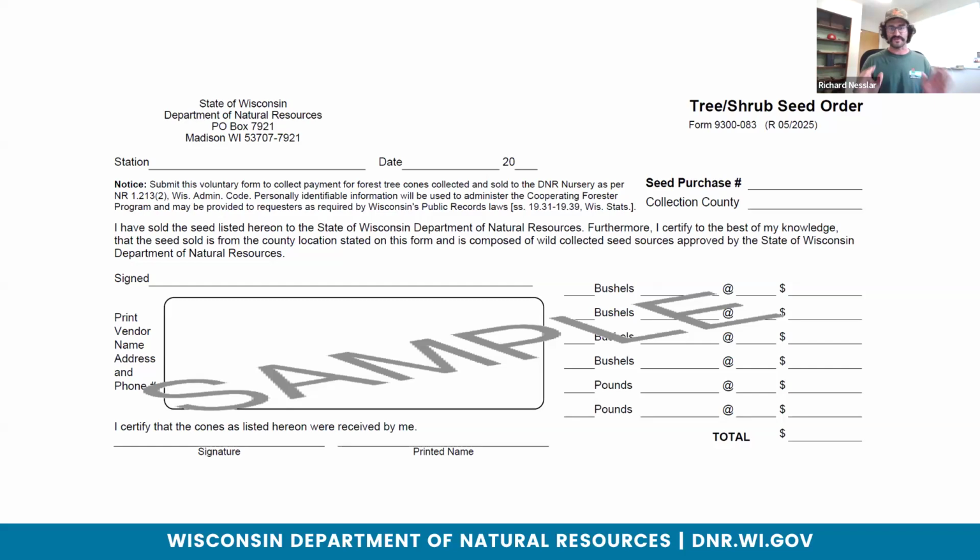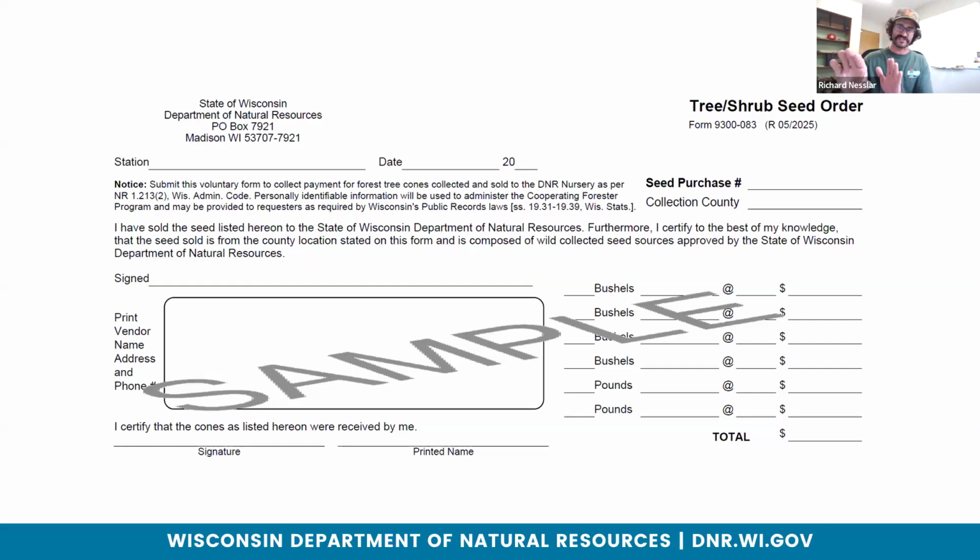And then what we need from you is basically just a printed name and an address where you would like that check mailed. And now we request a phone number just in case there's an issue getting that check to you, which seems to keep coming up. It's normally errors in typing an address or something like that. And then we need your signature. And the signature there is just certifying that the seed is from wild sources and from the location stated